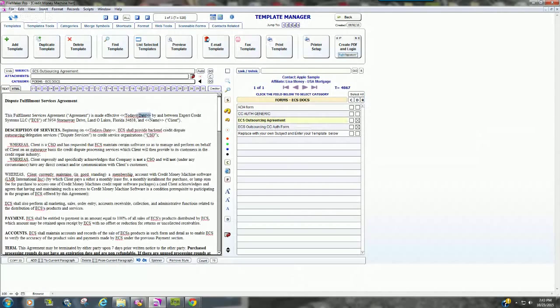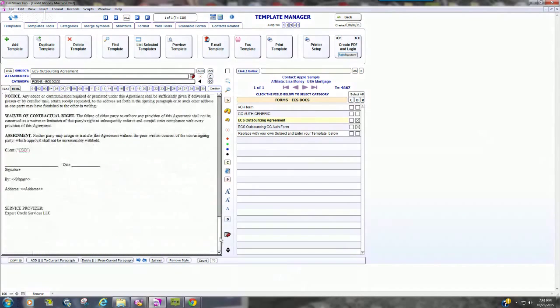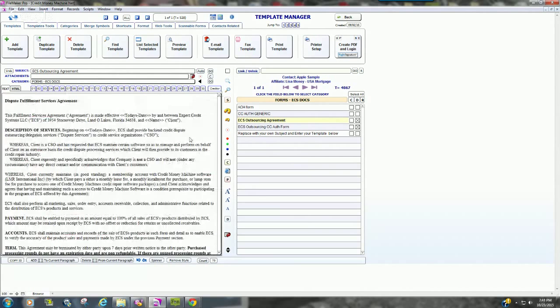What you'll notice in this document is that I've got a bunch of merged symbols in the template. In this case, I don't just have standard static templates in Right Signature because a lot of times I want to provide a little bit more professionalism, something a little bit more personalized to my client. Or maybe there's some custom terms that I want to be able to change in a document for a particular client or a particular transaction. And so I'll create documents like this that have merged symbols in it that will fill in today's date, the name of the client here,